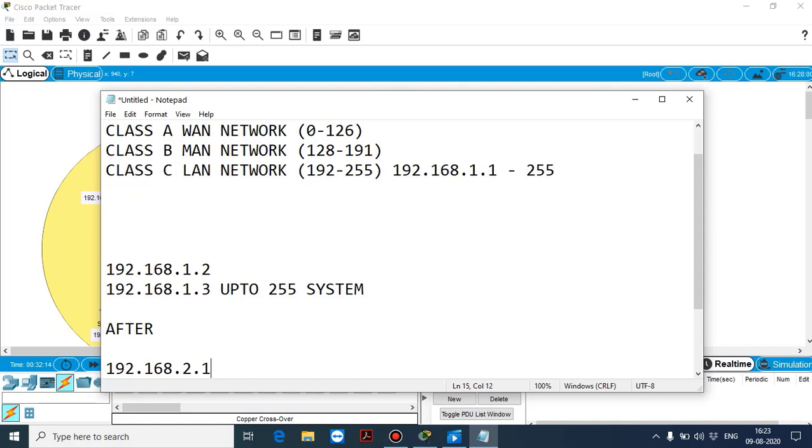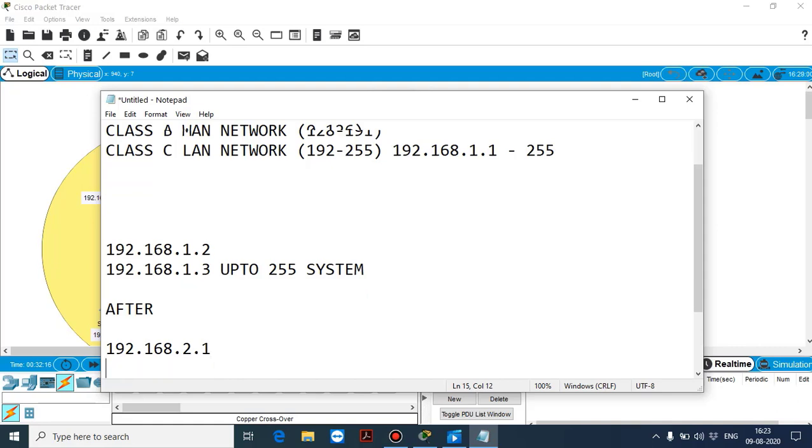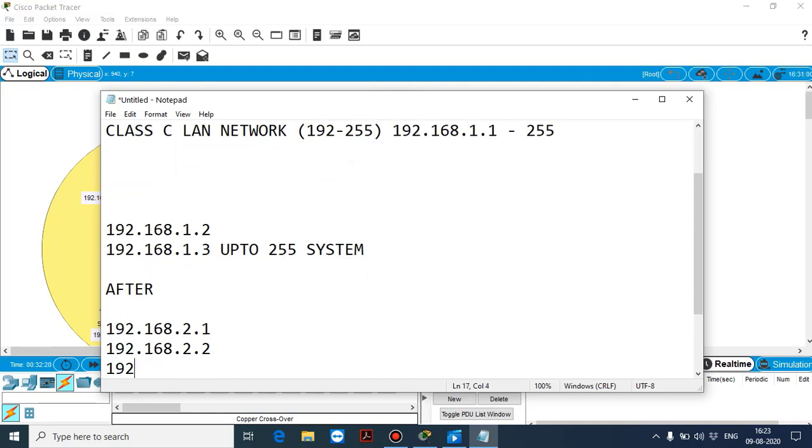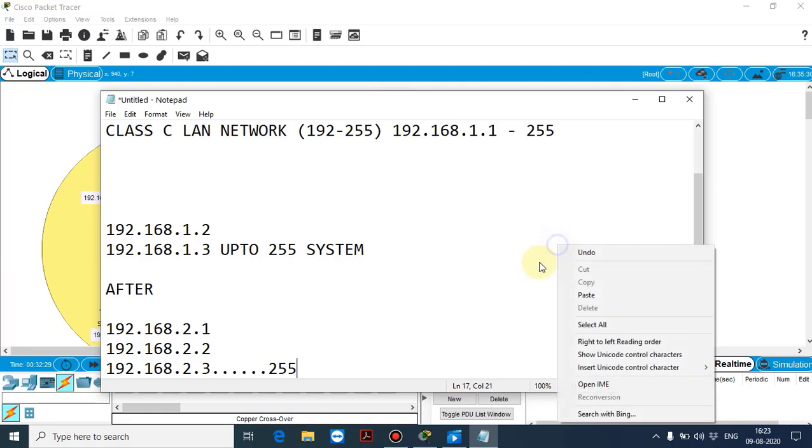So 2.1, and it can be second for 192.168.2.2 and third for 2.3, and keep going on up to 255. Similarly, our network will be configured like this.